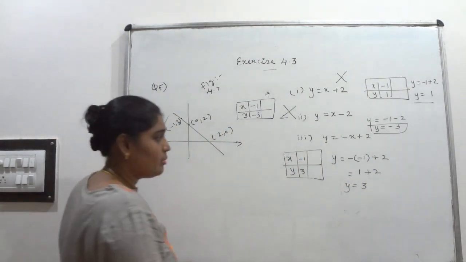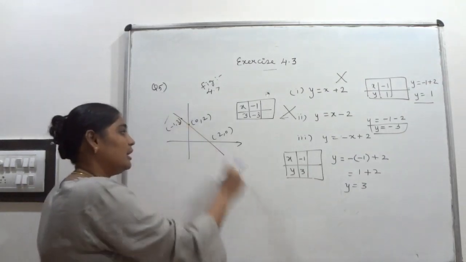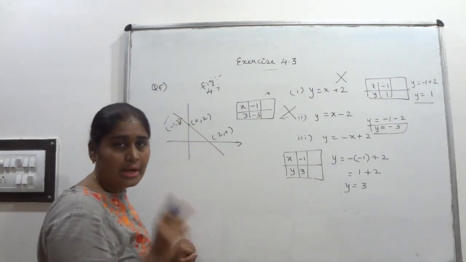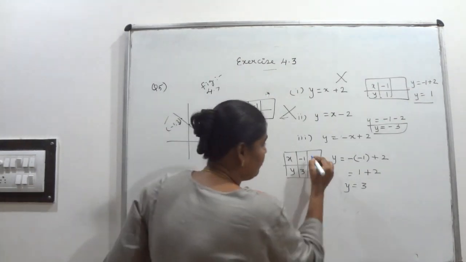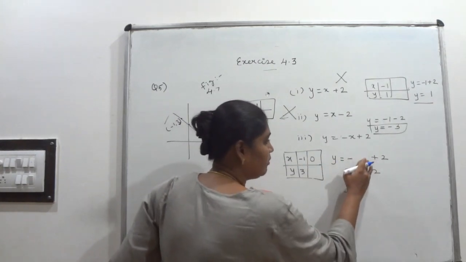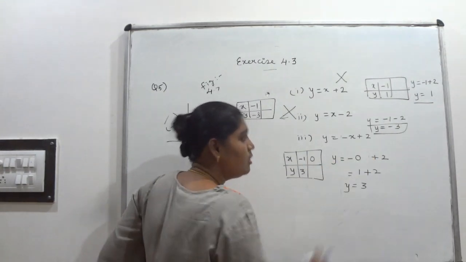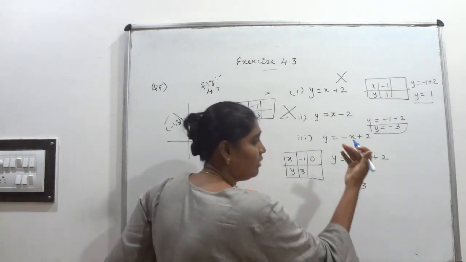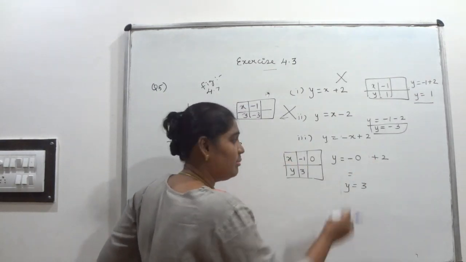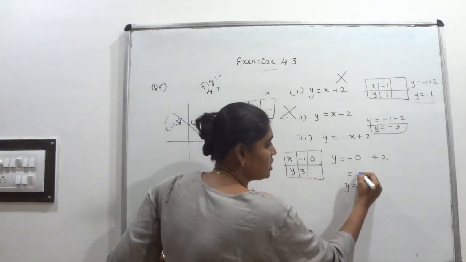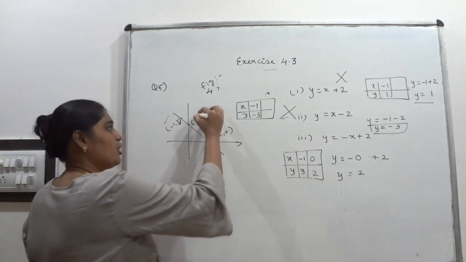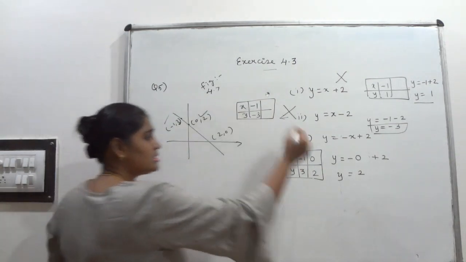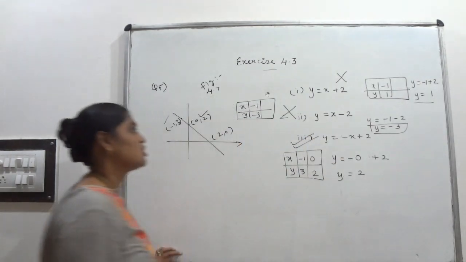Check one more point also, because I already told you, to draw the line you must find out 2 coordinate points. So I am going to find out for the next one, keeping the x value as 0. 0 plus 2, whether it is minus or plus, whatever it may be, 0 is 0 only. 0 plus 2, that is 2. y equal to what came? 2. See, look here. This point is also right. So this line equation is the suitable line equation for the given line. Thank you.